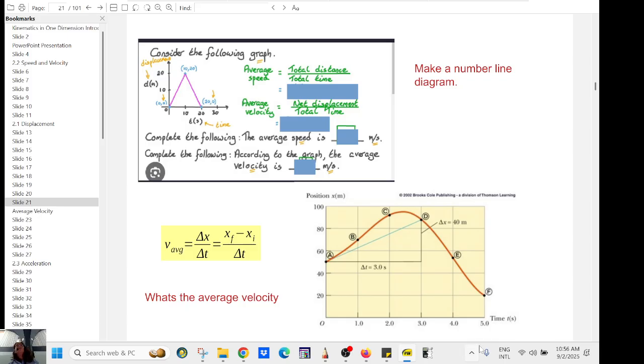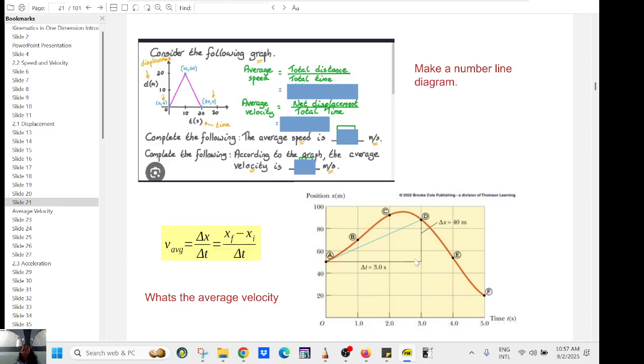Okay, so position versus time between A and D. What's the initial position here? 50, very good. What's the final position? 90. So what's the displacement? 40. Which is the rise. What's the time elapsed? 3. So you're going to do 40 divided by 3,